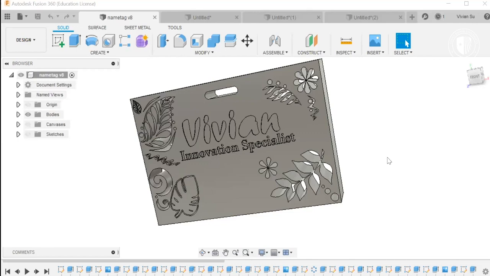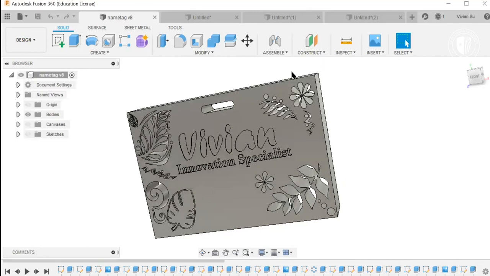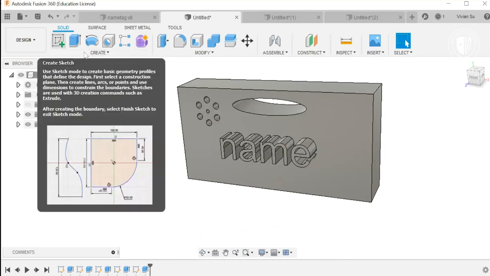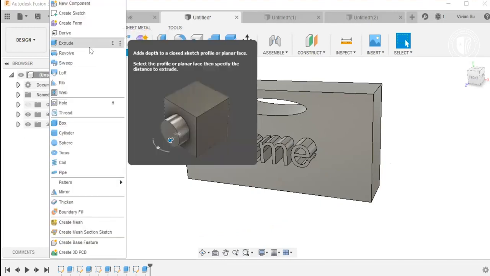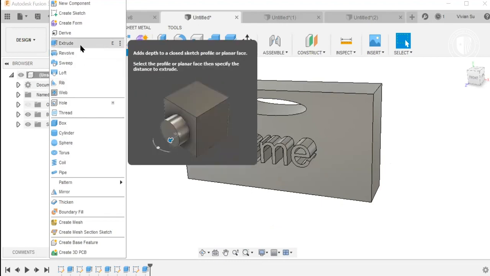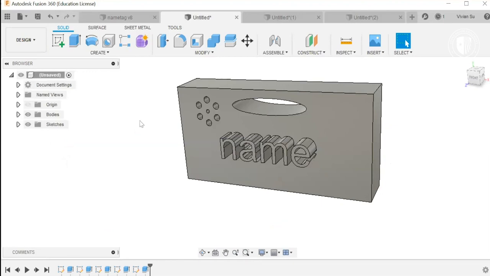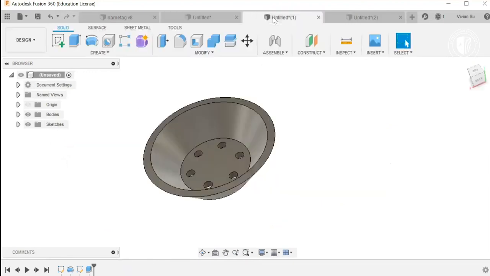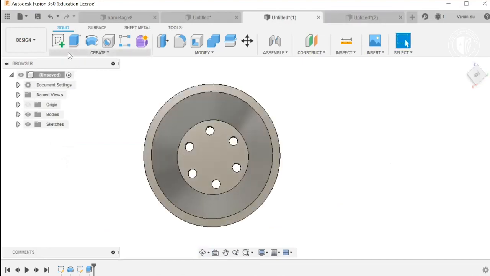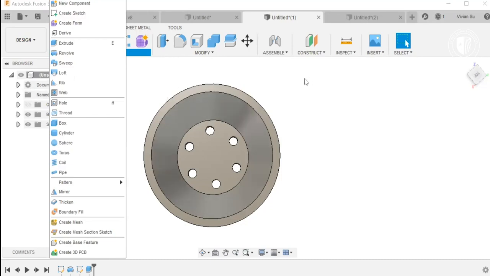So just as a summary, we can make designs using Autodesk Fusion 360. Again, it is free, and all you have to do is make an Autodesk account. And then go over to Create Sketch, and you can use Extrude or Revolve or any of these other functions. I find that extrusion is one of the most important features to learn for beginners. Once you master extrusion, you can work with some really cool designs using rectangular pattern, circular pattern, revolve, and a